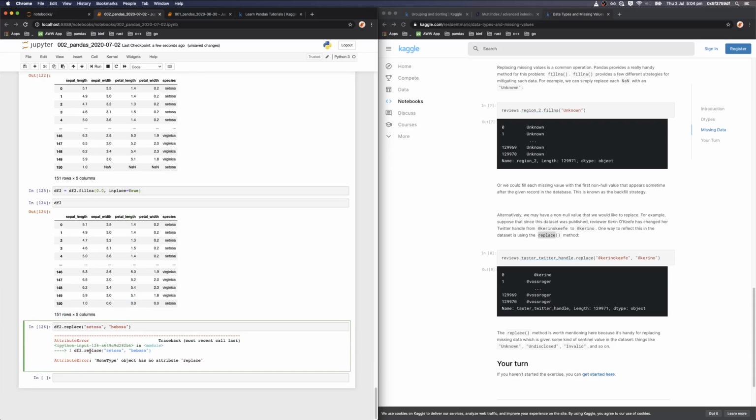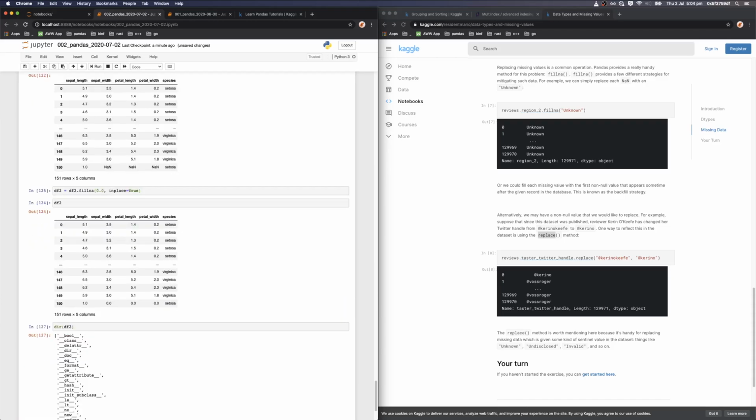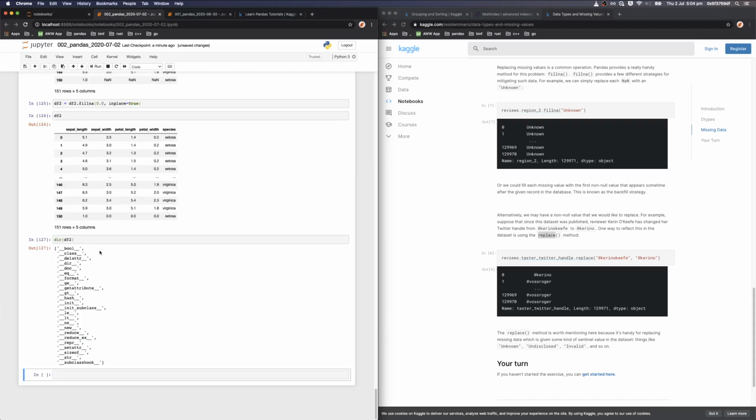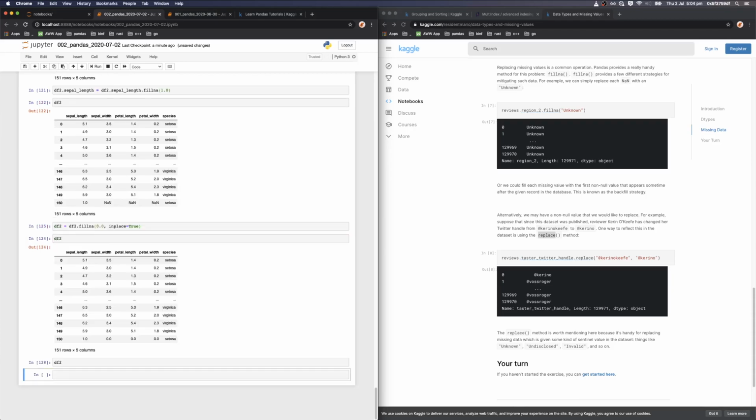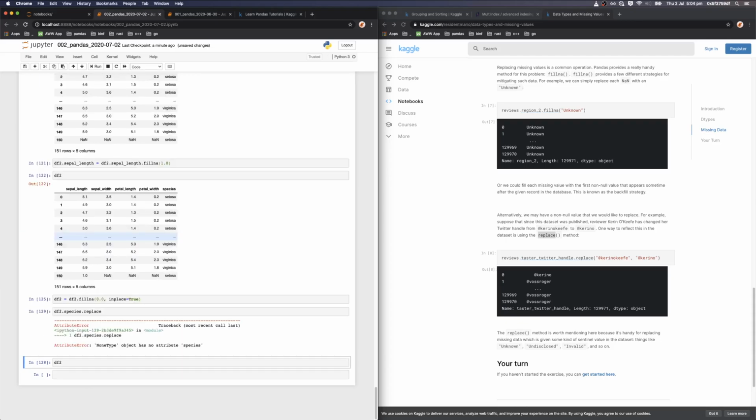NoneType. Where's NoneType? Wait, what was the NoneType? NoneType just means that it's trying to look for this method replace on df2, but df2, which is this data frame, does not have it. But if I do .species.replace,